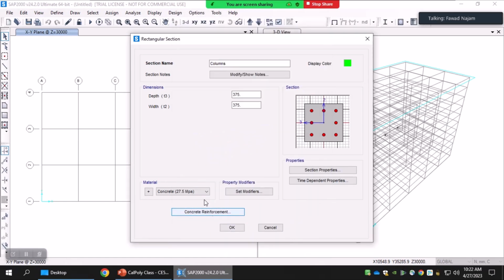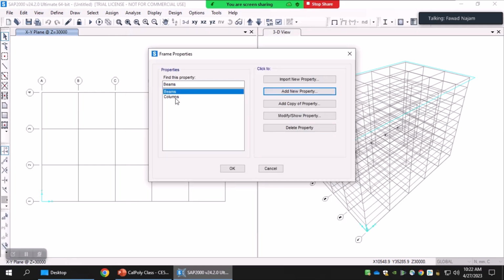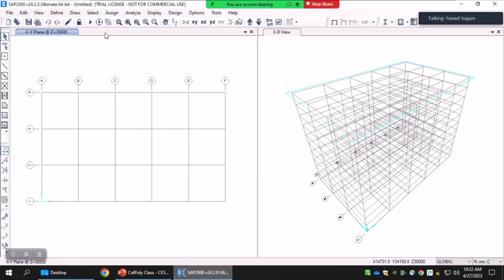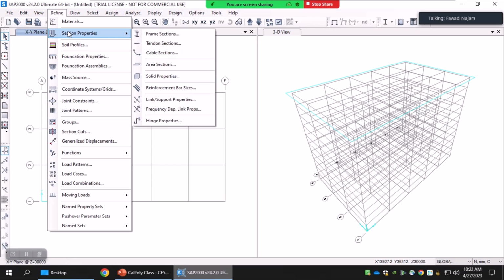But I'll not be going into detail of design options here, so I'll click OK. So columns will also be defined like that. These are the two different frame sections, and you can define as many frame sections as you have